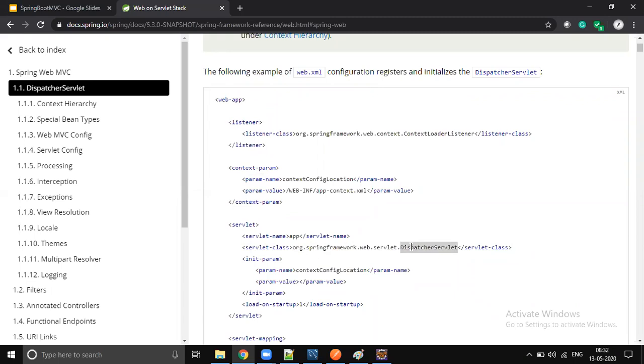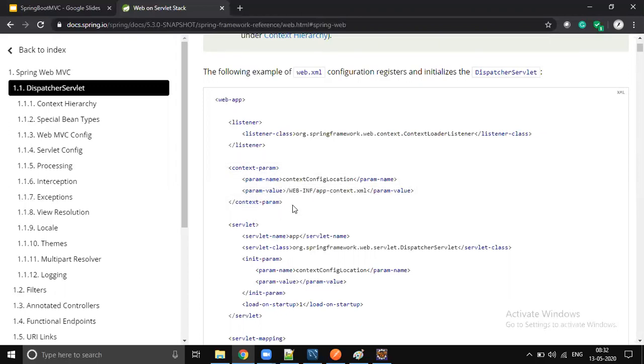When you want to use this configuration across multiple servlets, the dispatcher servlet and some other servlet, maybe a message dispatcher servlet, and you want to share this configuration across multiple servlets, then you configure it as a context parameter.